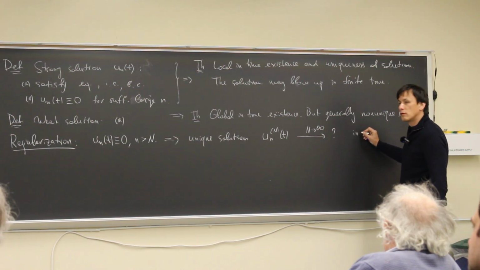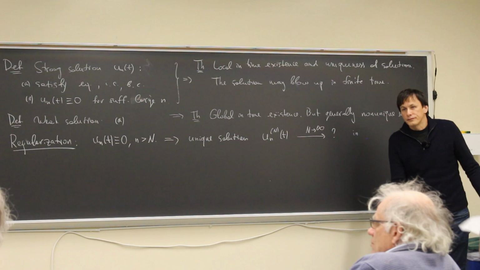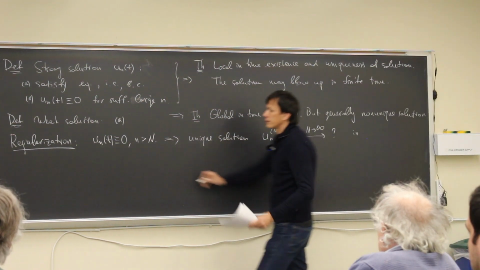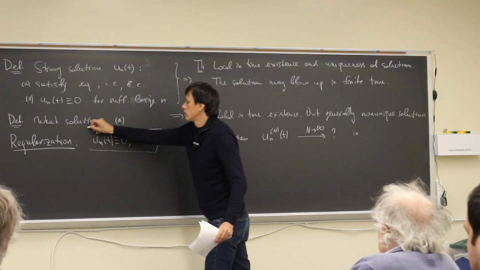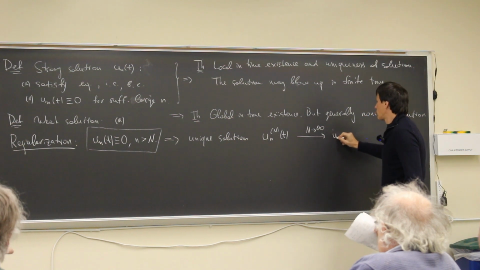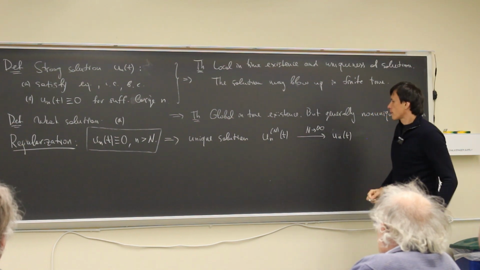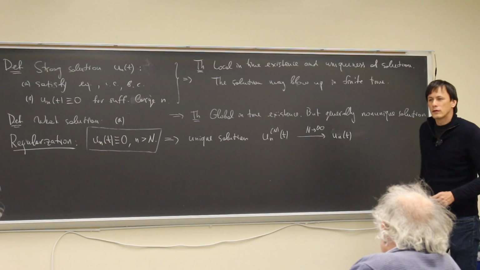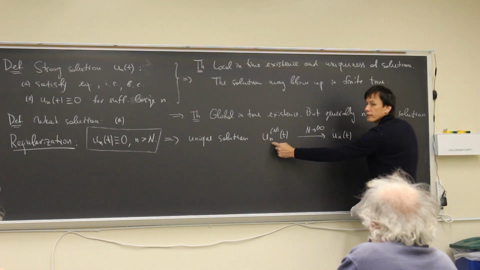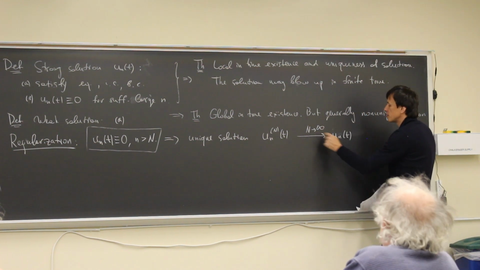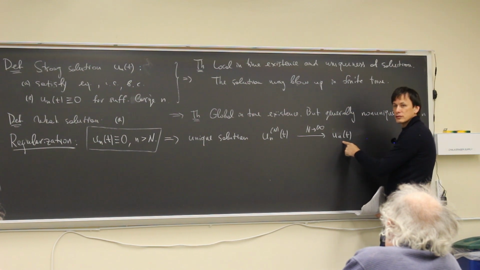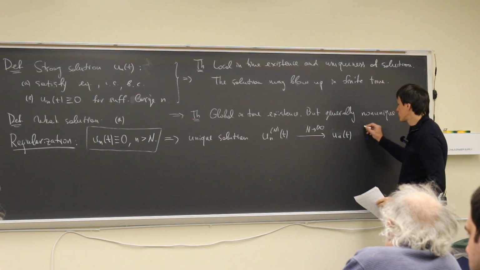It's chosen by regularization. By what? What do you mean? Logically, I can't just say regularization, I have to say choose an N or something. What does it mean to choose it? I mean that there is a limit of the regularized solution when N goes to infinity. If this limit exists, the limiting object will be a selected solution. So this is what we call a selected solution.